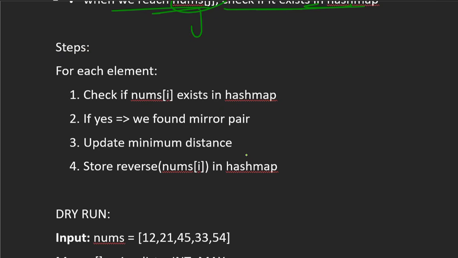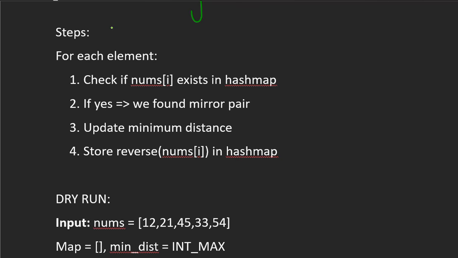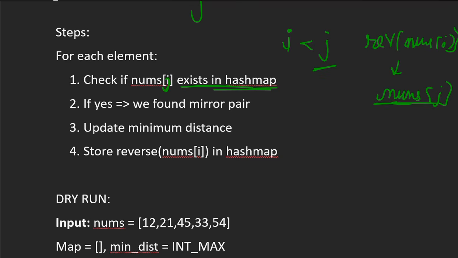So let's see the steps. For each element, first we check if that element is present in the hash map or not. If it is present, that means there is an index i which is lesser than our current index j, such that reverse of nums of i is equal to our current element, nums of j.